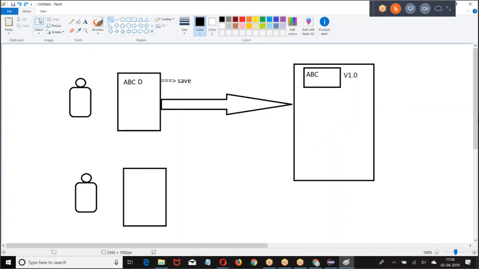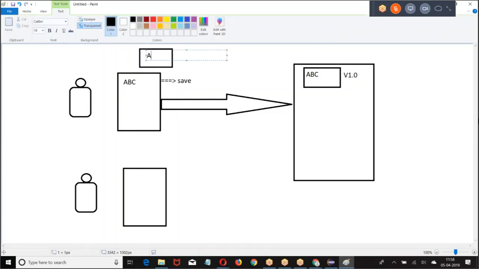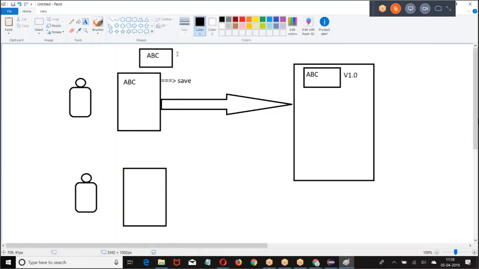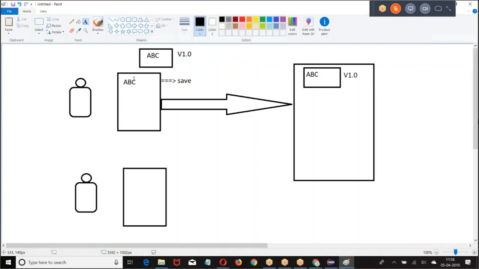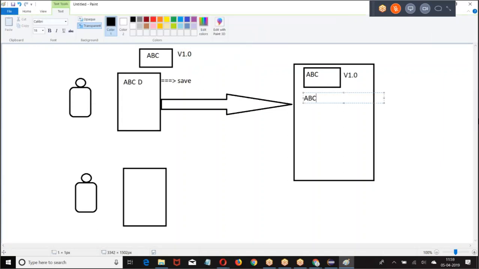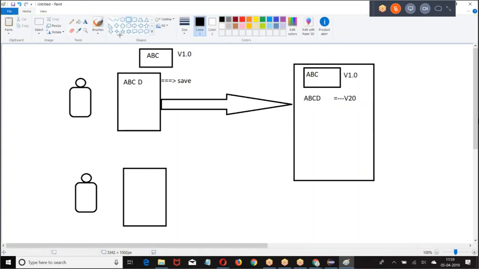What have the people started? Distributed version controlling. In the distributed version controlling, what happened? They made a code, saved it. So what is 1.0? In the local also we have it. Then he made a change, working fine, uploading. Same code is also maintained in the local.